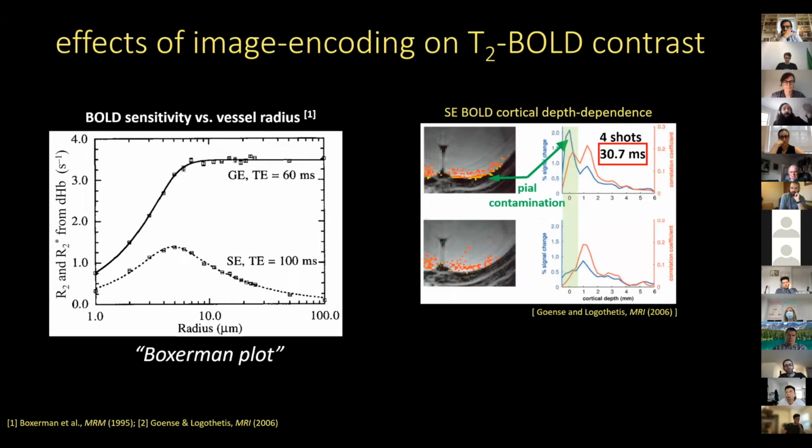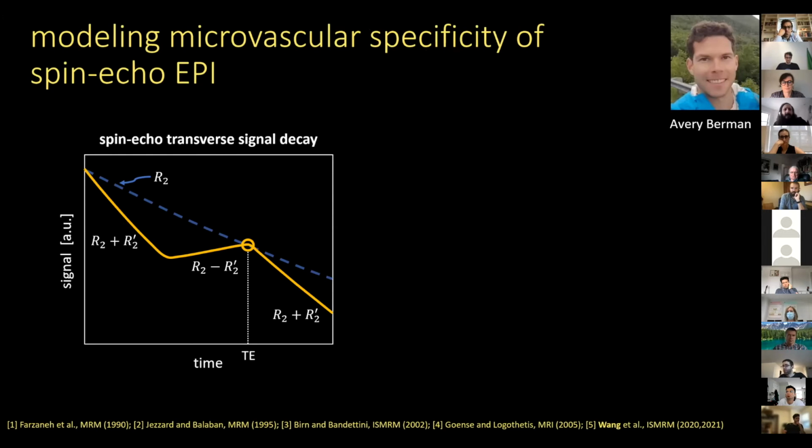But as they reduce the echo train length by segmenting an EPI readout, they're able to gradually achieve the microvascular specificity expected from a pure T2 BOLD acquisition, which you can see here in the bottom panel. Because of these effects of image encoding, we wanted to incorporate this into our modeling. We first set out to see whether we could reproduce this effect of spin echo EPI readout duration on the microvascular specificity. Avery Berman from my group has started to incorporate the details of the image encoding